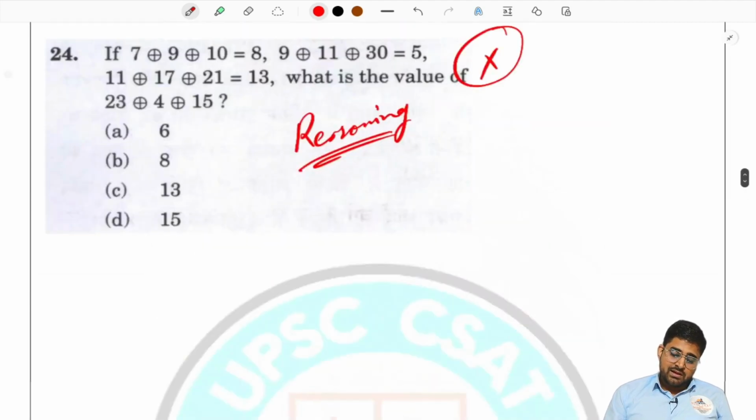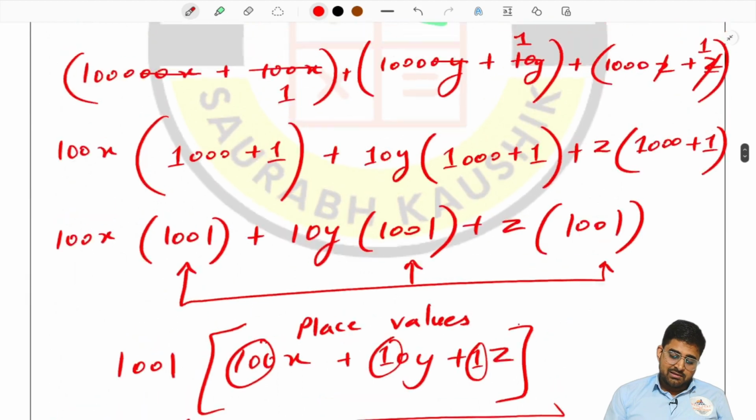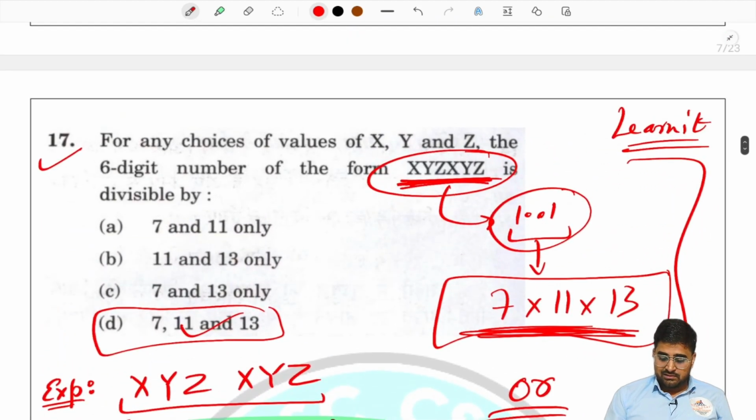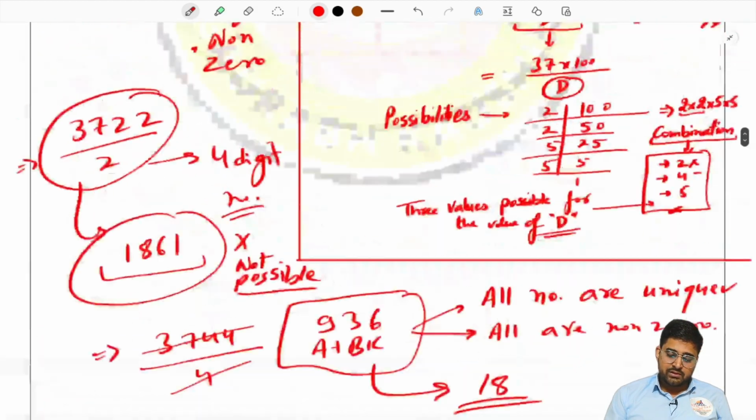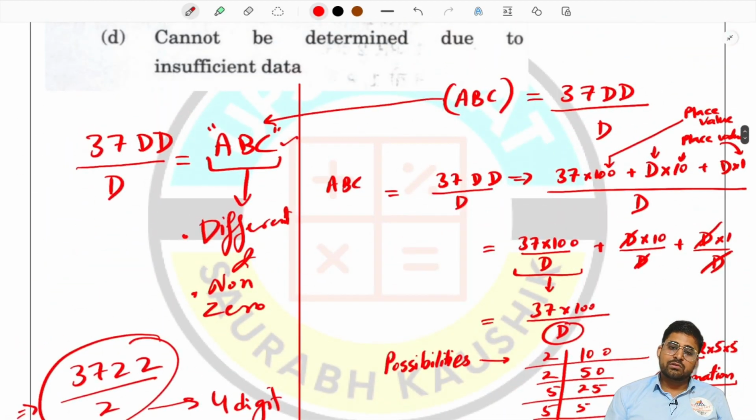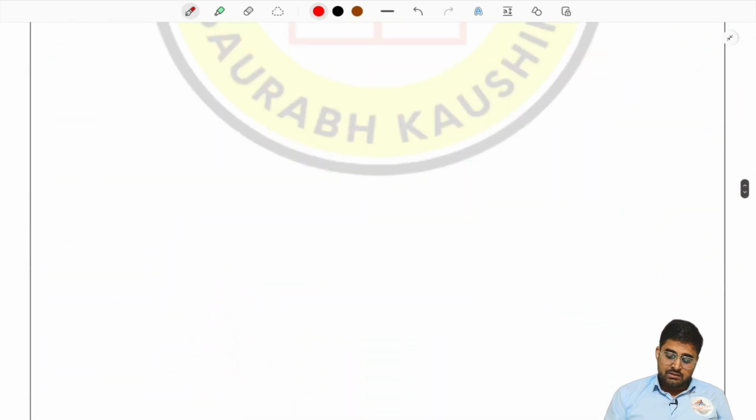All questions are the same in 2023, nothing much significant. There is a concept, but it is based on the unit digit. Here also, in this question also,